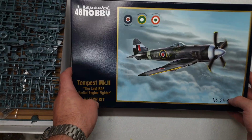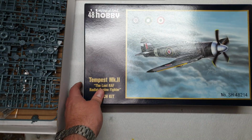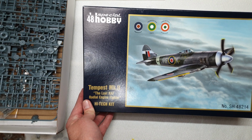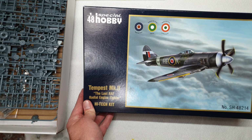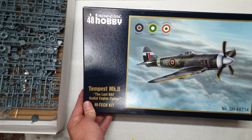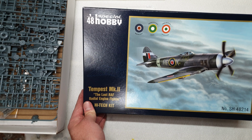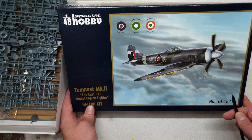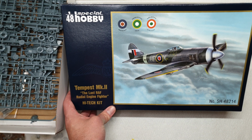So, Special Hobby, EDUARD Special Hobby, 1/48 Tempest Mark II. Yeah, don't let the branding put you off. This is definitely a Mark II made by EDUARD. It's all over the parts. So if you liked the Mark V that they did, and you want a really late war 50s version, I